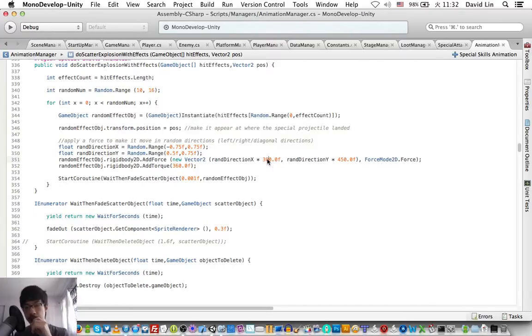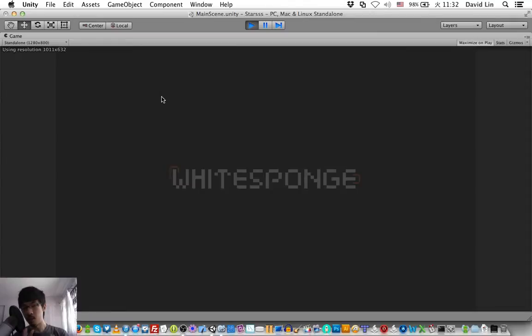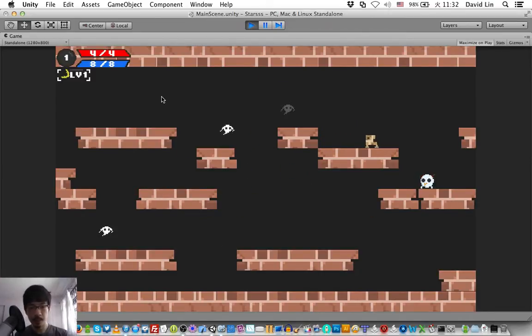So let's reduce the force we apply on the x-axis, but keep the same amount of force on the y-axis. And let's increase the number of sticks. Once we get the animation right, we can move on to getting the nearby enemies and making them stun. When we press S, that is almost what we need.